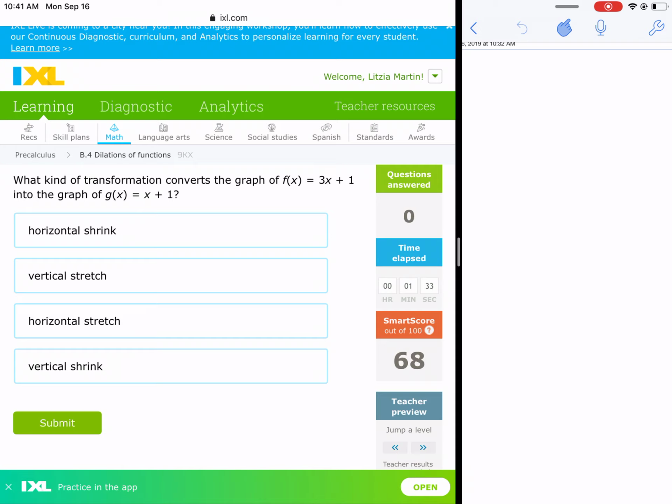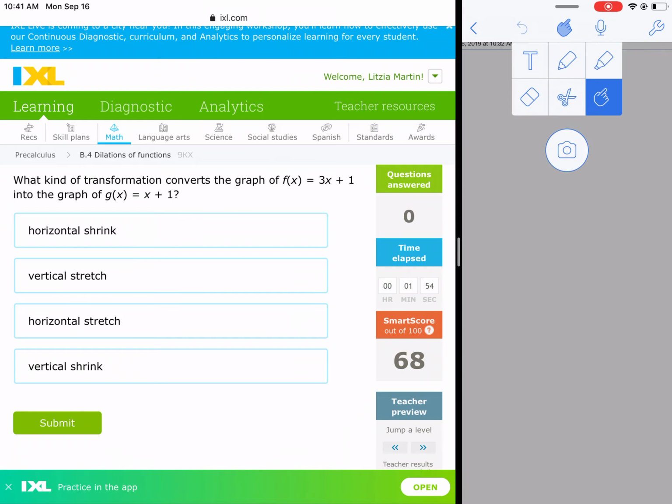So I'm going to go through some examples on IXL for the dilations of functions section, just because I know it can be a little confusing and a little bit tricky, and it takes a little while to get used to the rules. So here we have f of x is equal to 3x plus 1, and then it's becoming